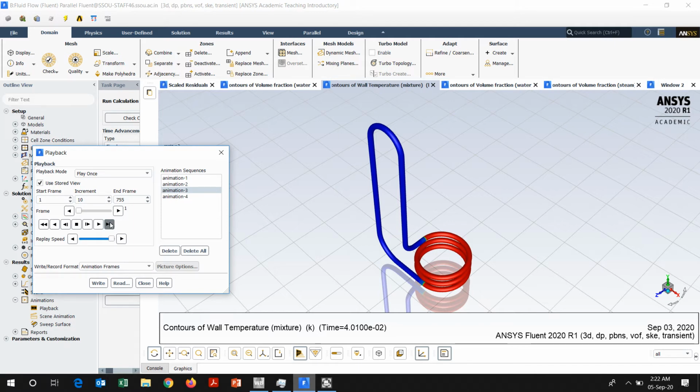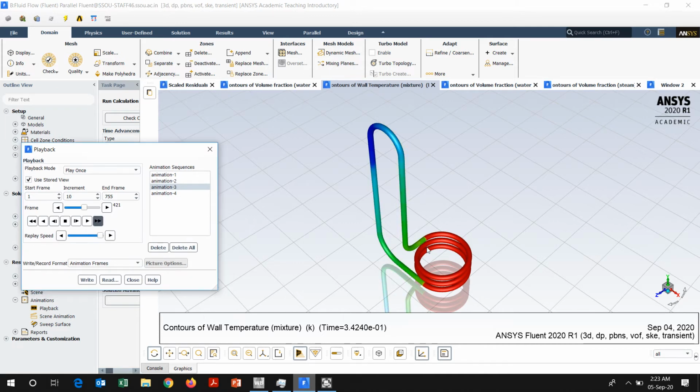At this point you can see the temperature continues to increase. This is the case of contours of wall temperature.